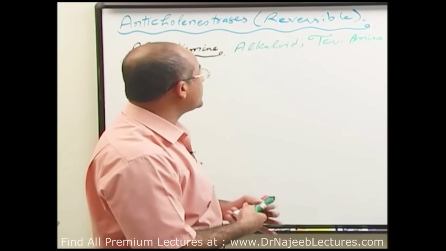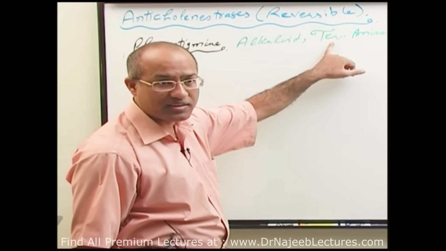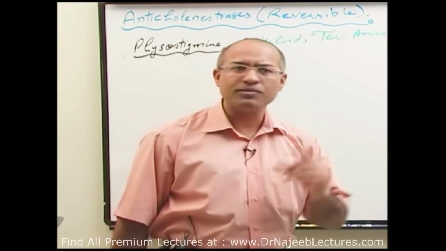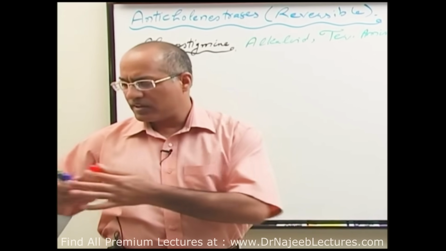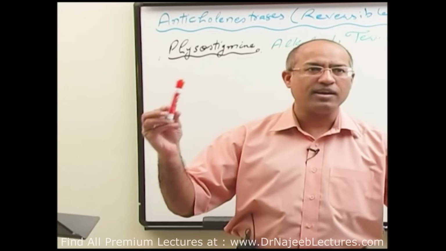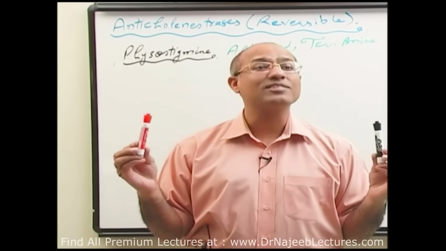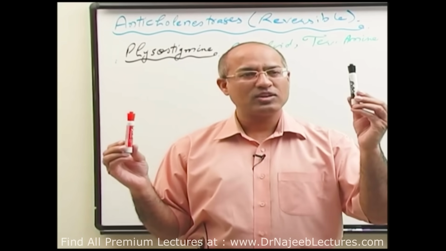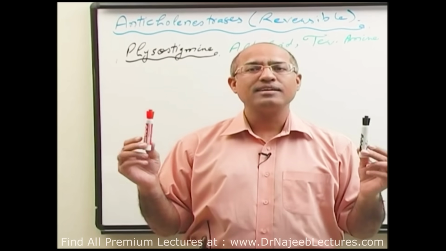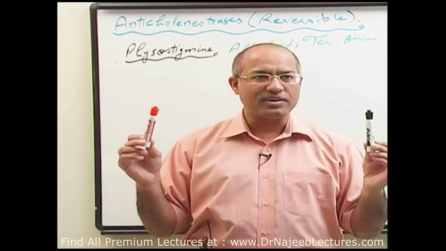Now here I want to make it clear. In this group, some of the drugs are tertiary amines and some of them are quaternary amines. Do you think this thing has any importance? If I say this drug is tertiary amine and this is quaternary amine, what is the real difference created by this system? Yes? Blood-brain barrier. Okay, very good, excellent. One of you is saying that these drugs will behave differently in regard to the blood-brain barrier, right?